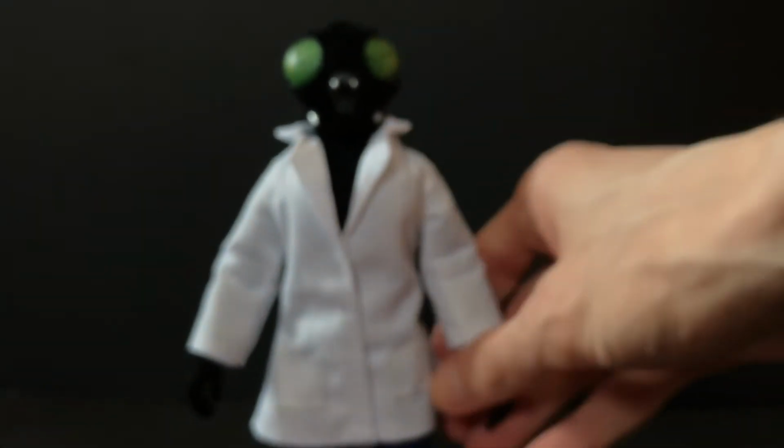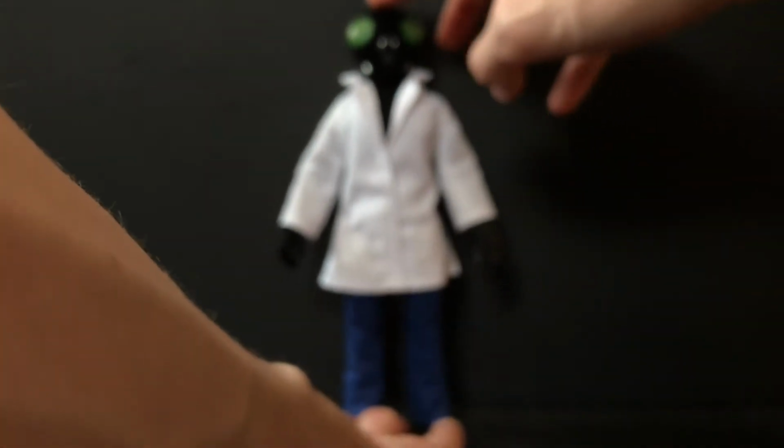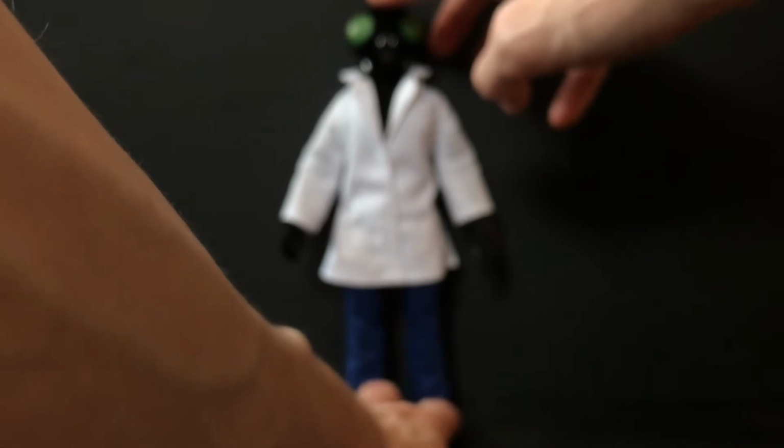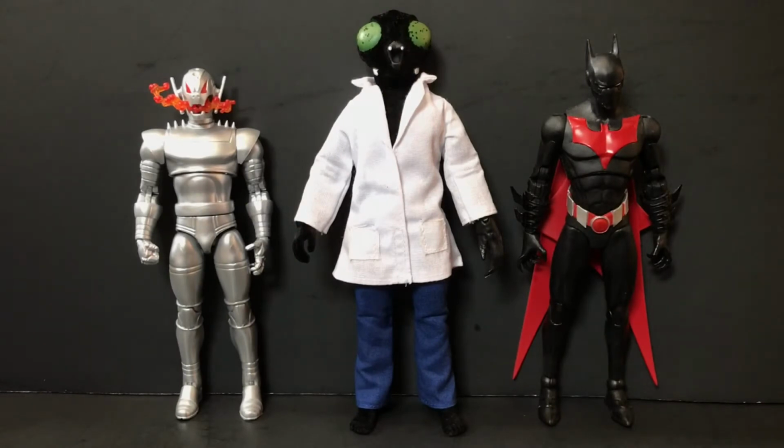I can't really compare it to the other one because I don't have it right now, but when I do get that, we will do a comparison between the two. But yeah, there's really not much more to say other than let's take a look at some comparisons. First up, and mainly because somebody asked me how the